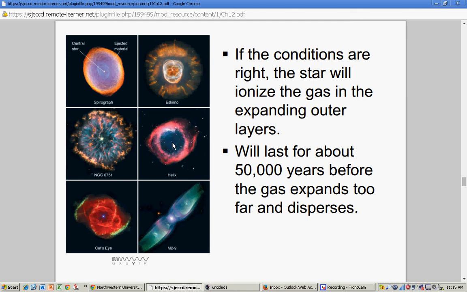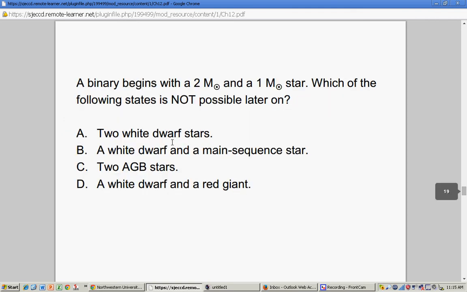Well, a low mass star, once it leaves the main sequence, becomes a red giant, a horizontal branch star, an AGB, planetary nebula, and then a white dwarf with an expanding shell, and that system is called planetary nebula. And eventually the gas is all transferred to the interstellar medium, and it's left with a white dwarf. And that's the second question of your assignment that you should answer right below this video.